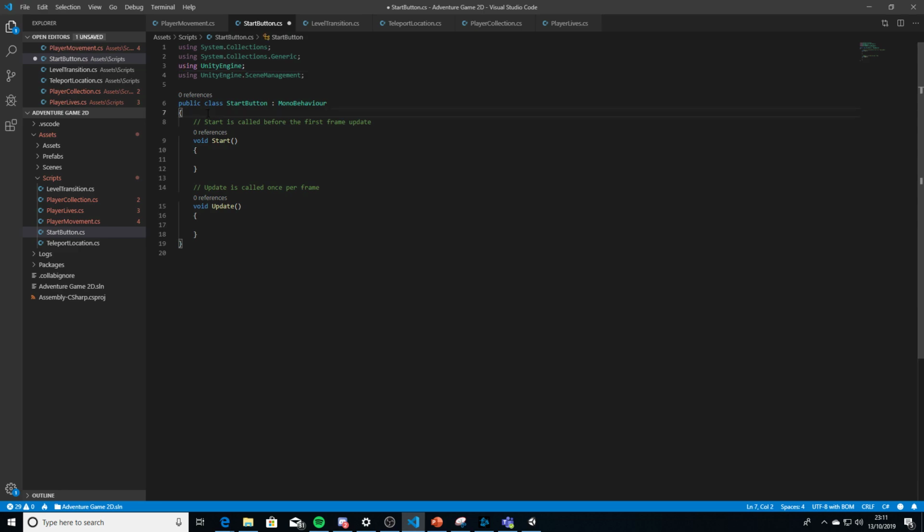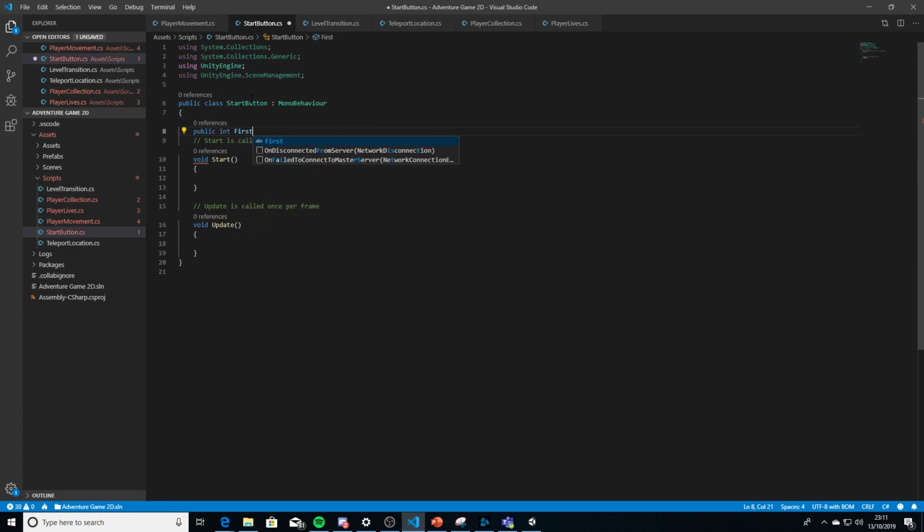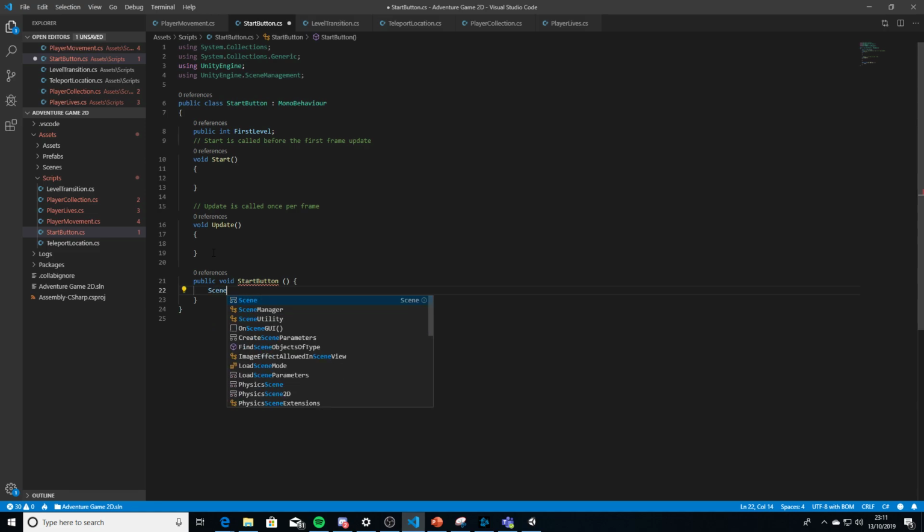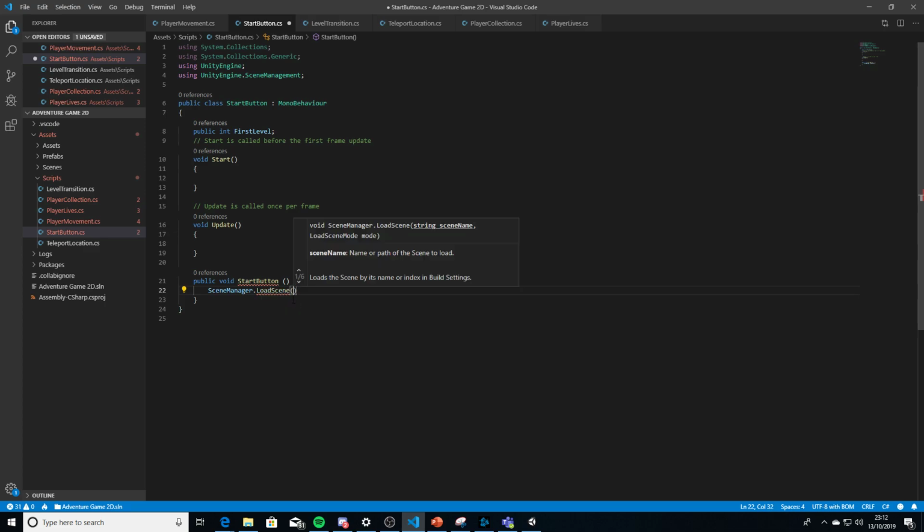It's going to be very similar to what we set up before, to be honest. To be fair, you could use it in exactly the same way. You could utilize the level transition. But with this, I'm just going to set up a public int first level. And exactly how we did before, public void start button, SceneManager.LoadScene first level. So if you did the last video, you'll see that that code's pretty much exactly the same,